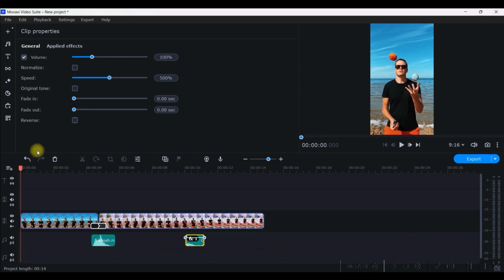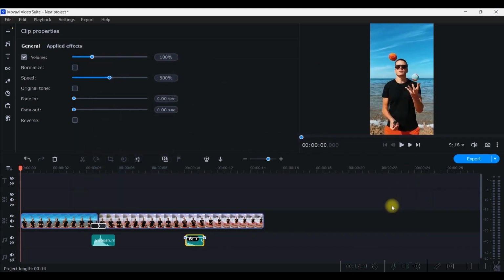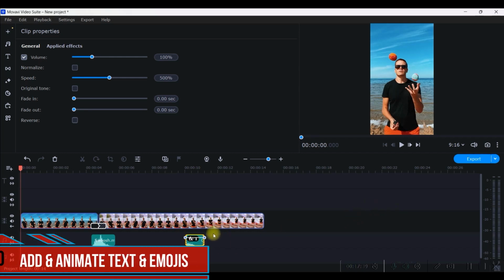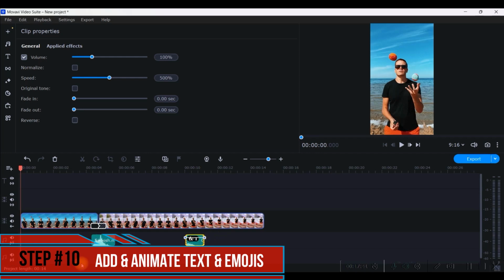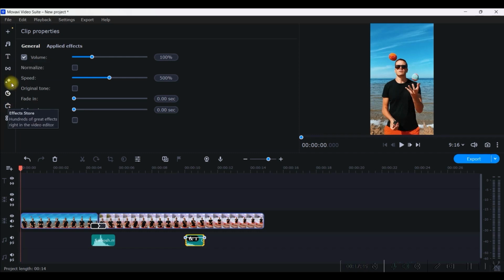Now here is where my basic tutorial gets over. After this, if you are satisfied till here, then you can just go to the export option and simply export your file the way I have shown you. But if you want a little more engagement, then in that case I'm going to show you 3 more optional steps. In these optional steps, the first step, that is step number 8, is adding some texts or some stickers.